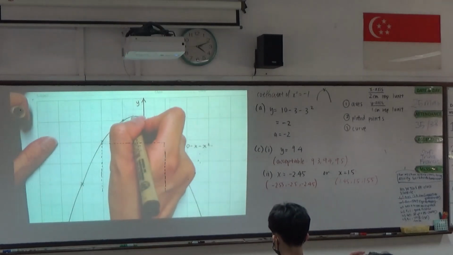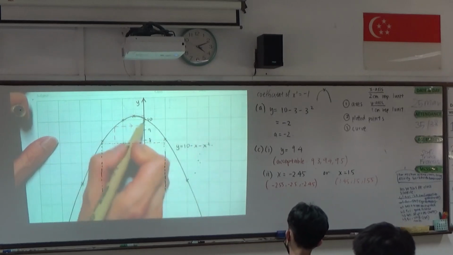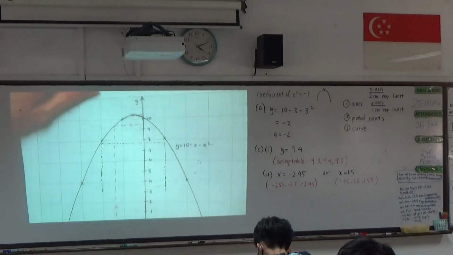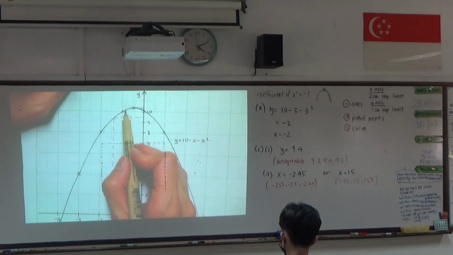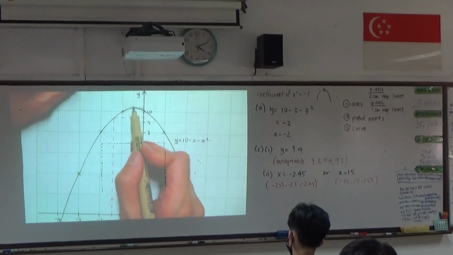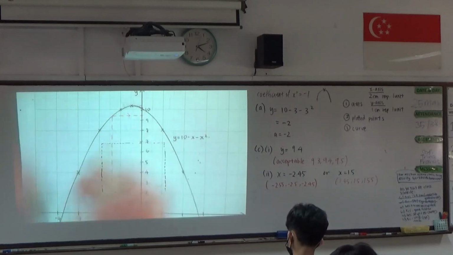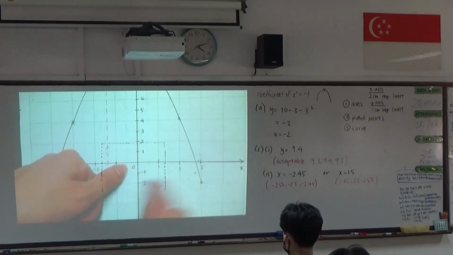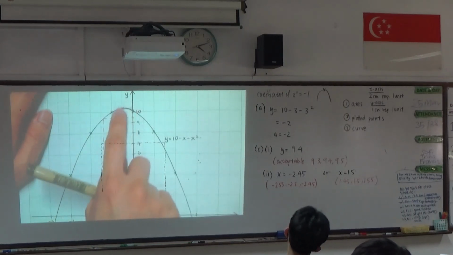So for this point here, if you read your graph, find out what is the value of y that you get, and also what is the corresponding value of x. Because just now earlier on, we already agreed that this point must be right in the center. So we should know that our x value will be negative 0.5, because it is right in the center of 0 and negative 1. Negative 0.5. Then your y